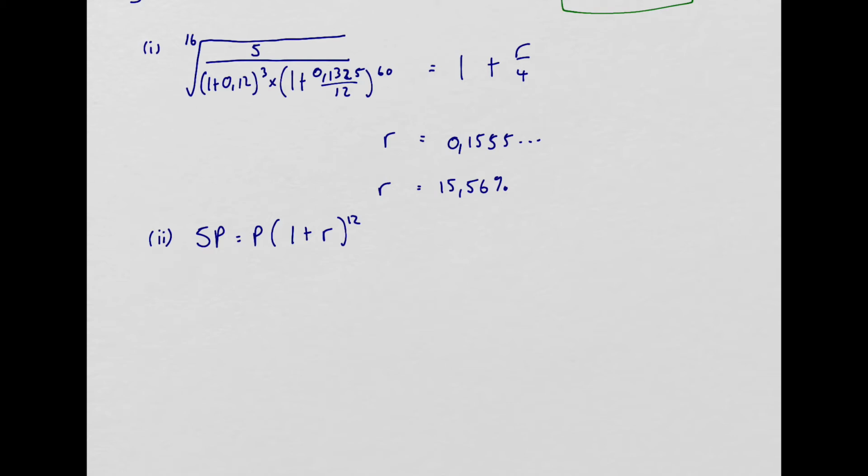Again, now the Ps will cancel, and so you're going to take the 12th root of 5 on your calculator. That'll give us 1 plus i, and then lastly, you're going to subtract the 1 to the right-hand side,